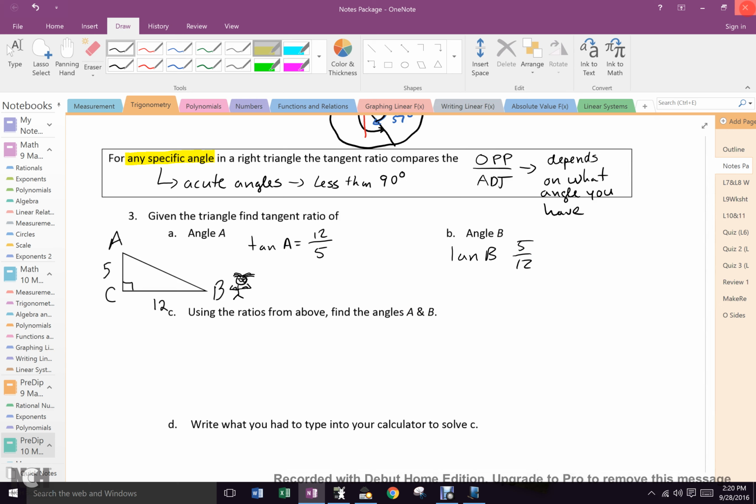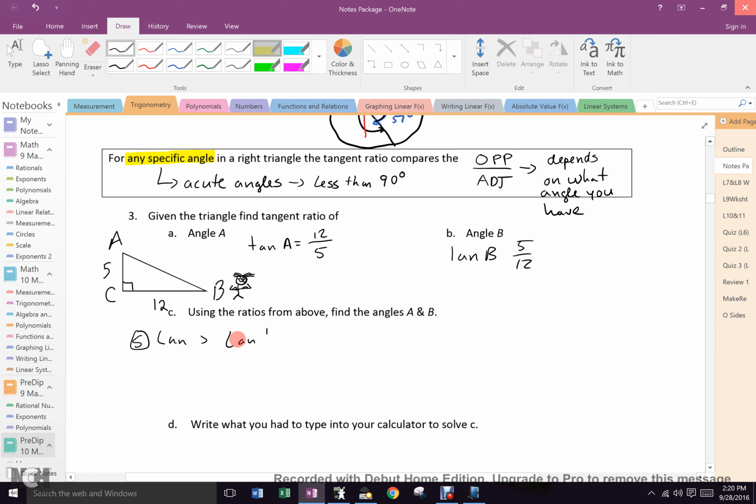As soon as I see the word angle, what do I need on my calculator? Tan or shift tan? Which one finds an angle? We just did 6 of them. We did some tans, we did some angles. Which one? Shift tan, right? But I needed shift tan, which I am now going to start writing as tan -1,